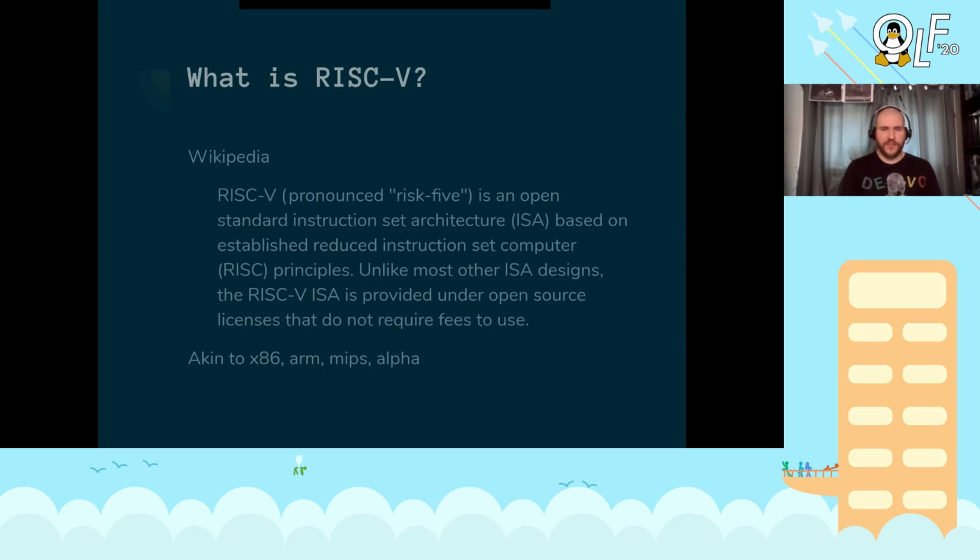So what is RISC-V? When you read it, it says RISC-V, but it's actually pronounced RISC-five. It's the 5th iteration of an open standard instruction set architecture. So basically, if you think of Intel CPUs and AMD CPUs as x86, and mobile devices as almost all ARM, there are all these different ways that you can compile an executable and tell a CPU how to compute certain functions. RISC-V is the 5th generation of this open standard that they've made,